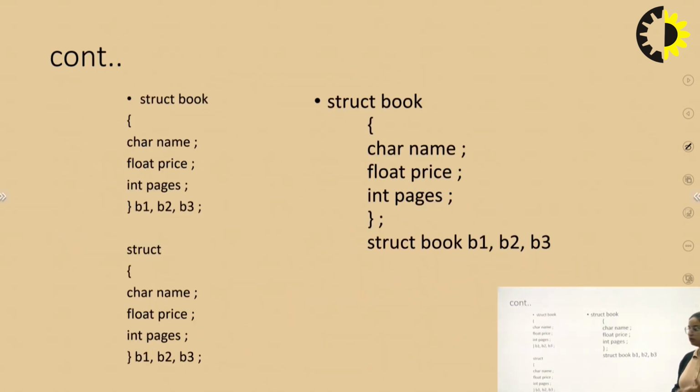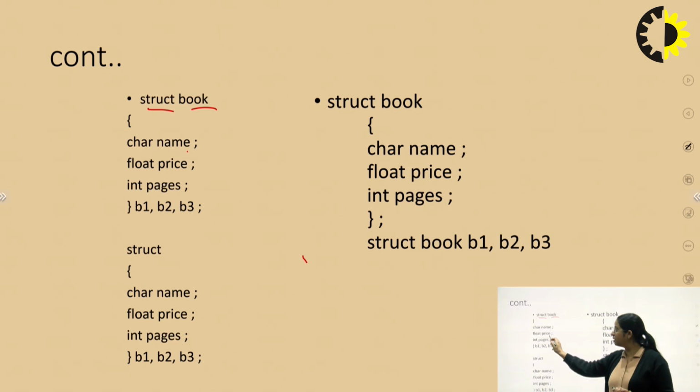Next, this is the continuative example. You can just look at this example. I will explain how you can declare or define. Definition plus declaration can be done in basically 3 types. The first type is you write the struct keyword, then the tag name book, and under this tag name you have 3 members: name of character type, price of float type, and pages of integer type. Now the declaration of the structure variable is done in 3 types.